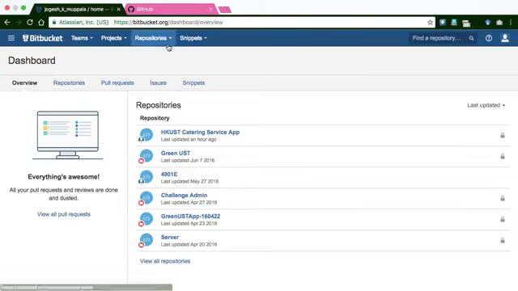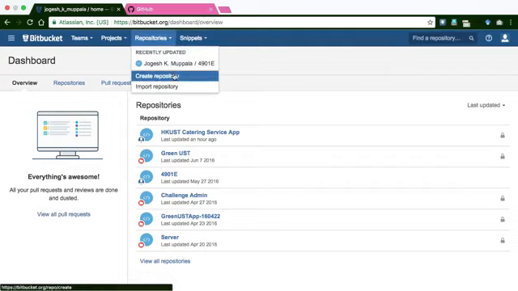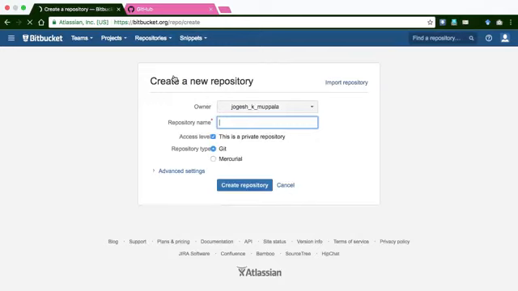I'm going to create a new repository online on Bitbucket. So I just click on create repository, and then this will come up with some details. Now this varies with the repository service provider. So here I will specify the name of the repository as git test, and then I'm going to mark this